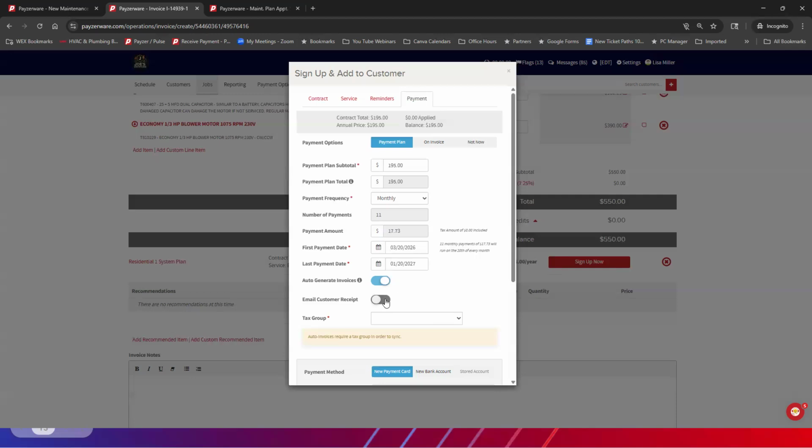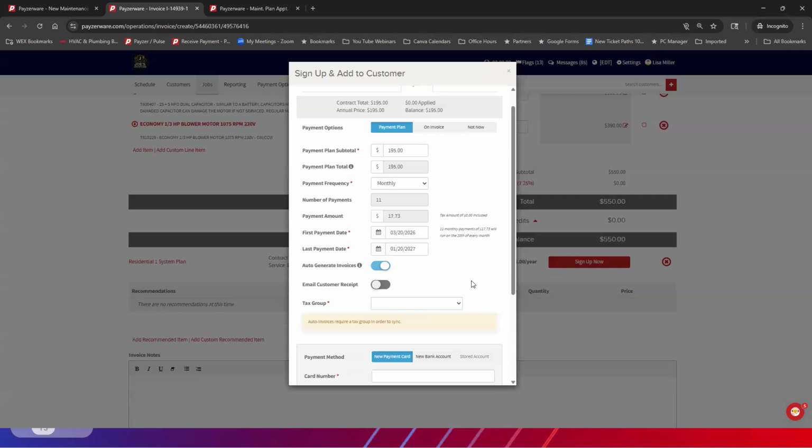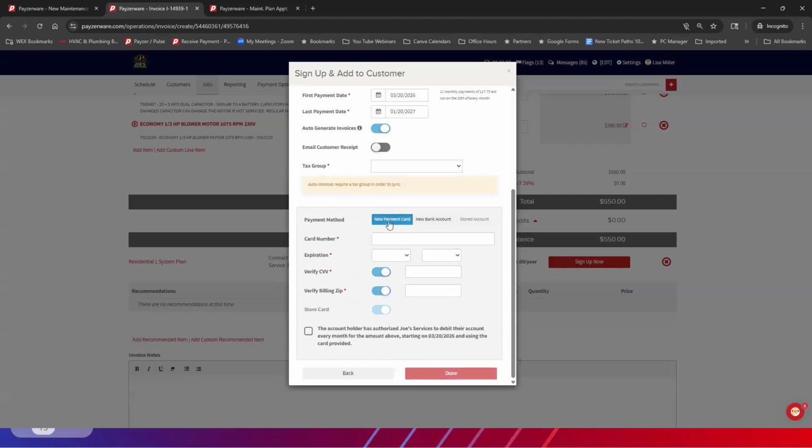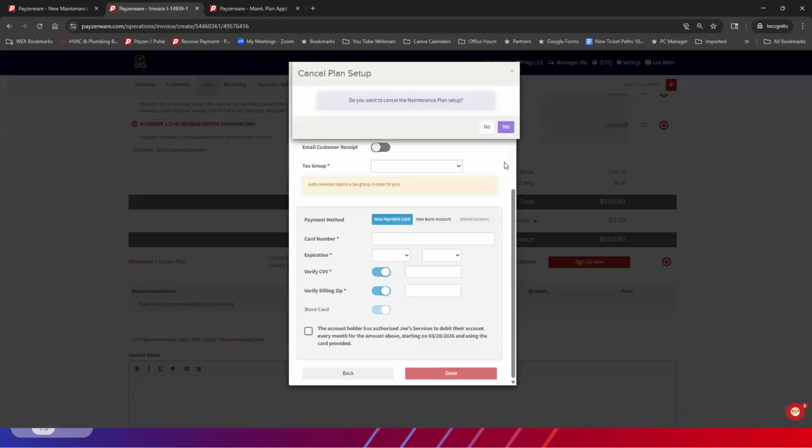You can email a customer a receipt. Some companies don't want to. They want it to fly under the radar and just let it run in the background. Some people want their customer to get a receipt. You can do that. You can choose a tax group. You can set up a stored card payment, a stored bank account if you process checks with us. And this will stay on the customer's payments tab so that you can use it again. And it will use this stored payment every month to run that payment. Okay. So that's how you go ahead